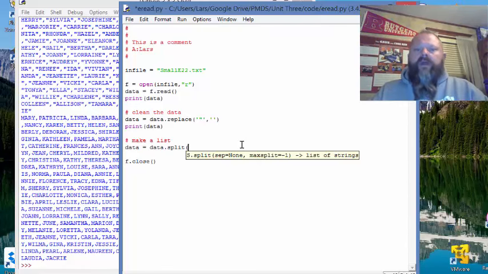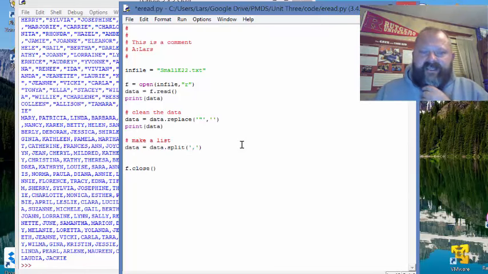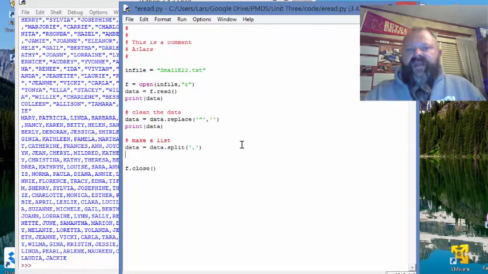It's used quite a bit in computer programming. So what do I want to do? There's a comma there, so I want to tell it use the comma as the delimiter, and what this will do is make a list out of data. It will take that string and basically reuse the variable name, and the return from data.split is a list,